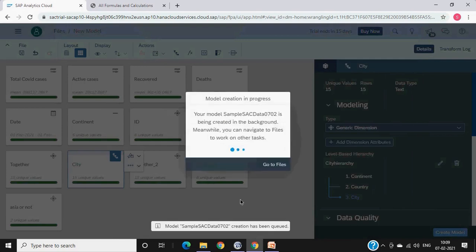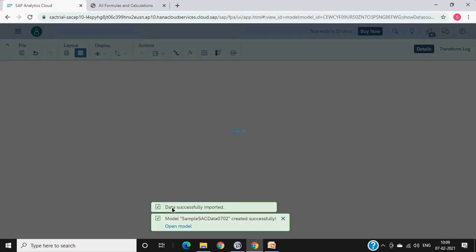It's loading, preparing, so you can see all the progress that's going on. Till now, all the work we were doing, now it is saving the work and creating a model out of it. Shortly we should see that it is created. The point I want to show you here is when you create it, you get a different